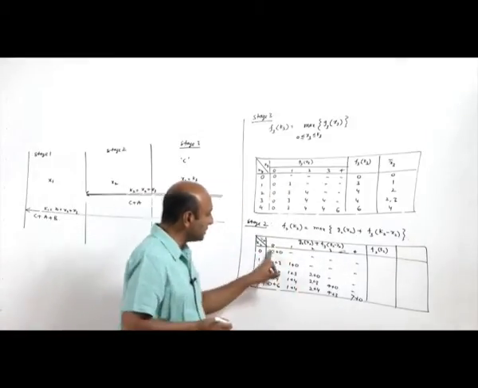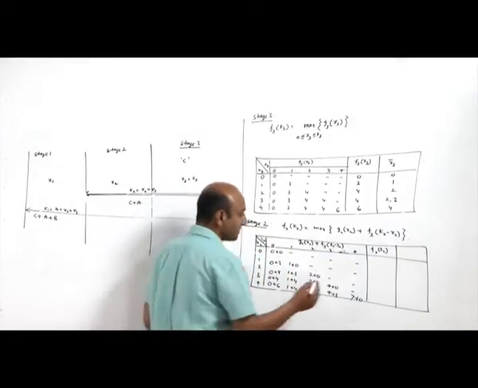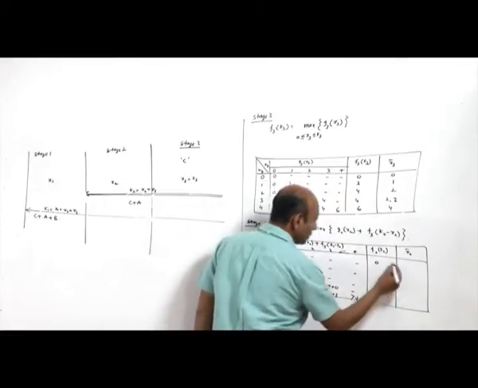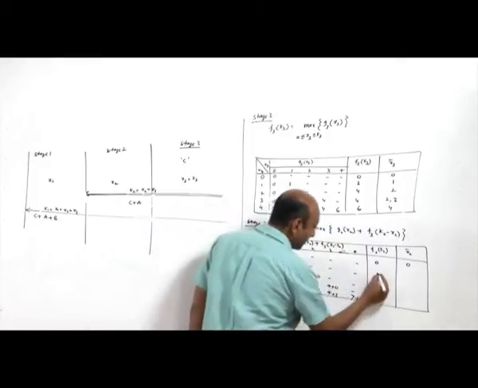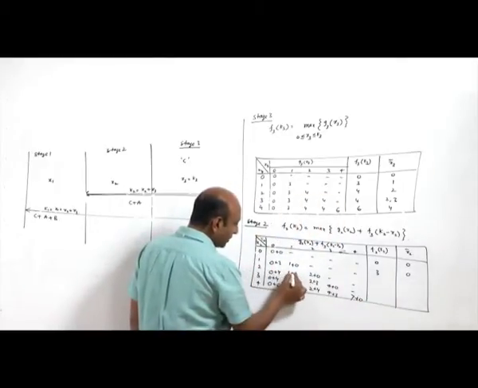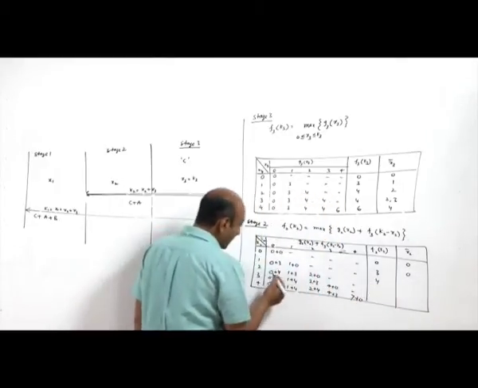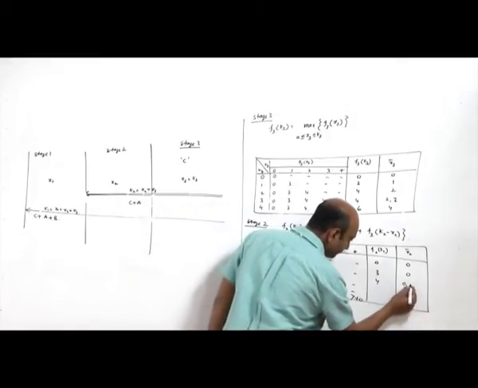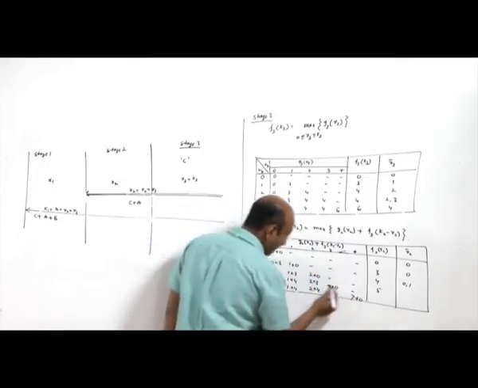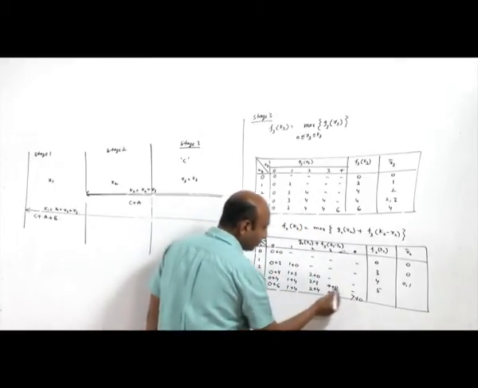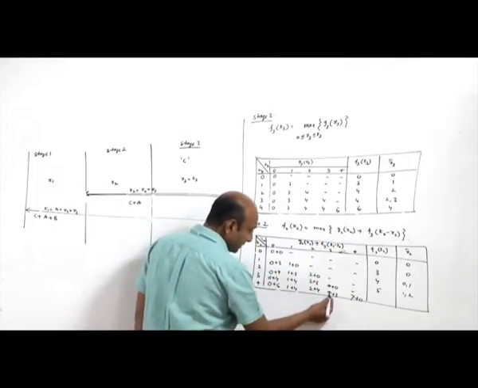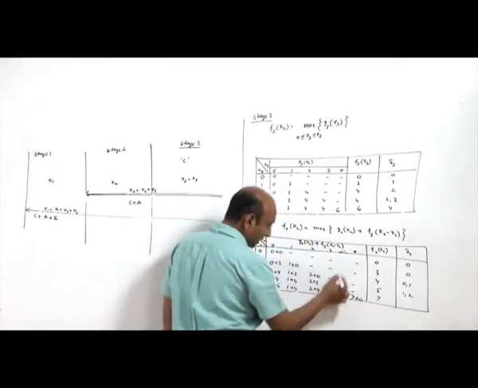And what will be F2 K2? So maximum of all this. The maximum here is only one entry, so maximum is 0 at X2 equal to 0. Here the maximum is 3, at X2 equal to again 0. Here the maximum is 4, at X2 equal to 0 and 1. Here it is 4, 5, 5, 4. So 5 is maximum, and we are getting it at 1 and 2. Here we are getting maximum as 7, so 7 we are obtaining at 3 and 4.